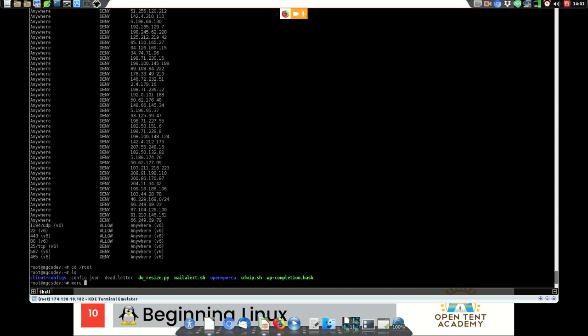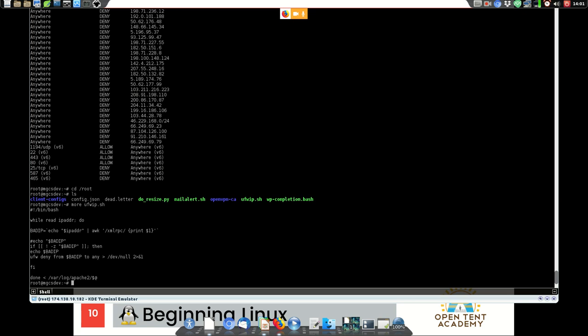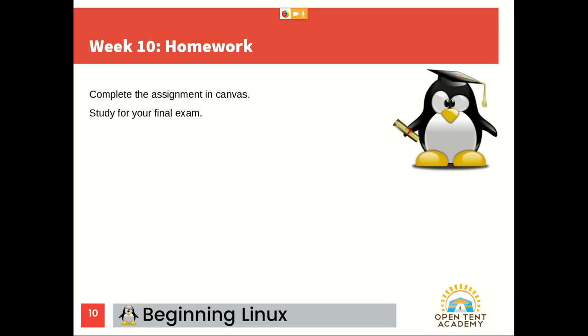So we're going to look at what's called a bash script. This is just commands that are written in a language called bash, the bash shell, which we've been using. It's a series of commands that we issue. The first is what interpreter do we want to use? We want to use the bash interpreter.